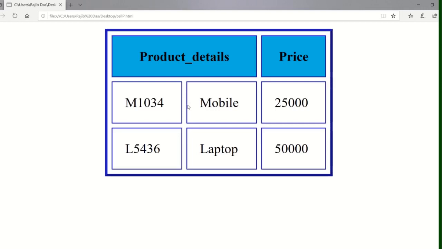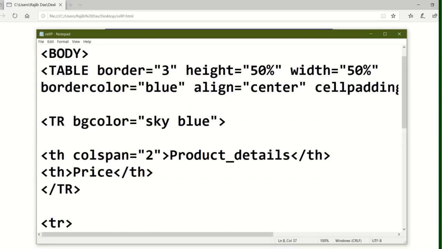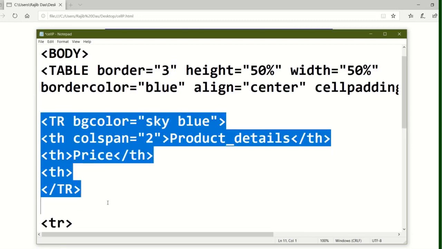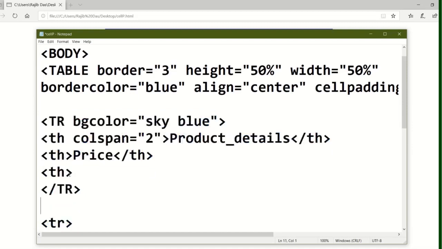Now I am going to rowspan. Go to the notepad, and I am writing another heading here within the first row. This is the first row portion and th is specified here.